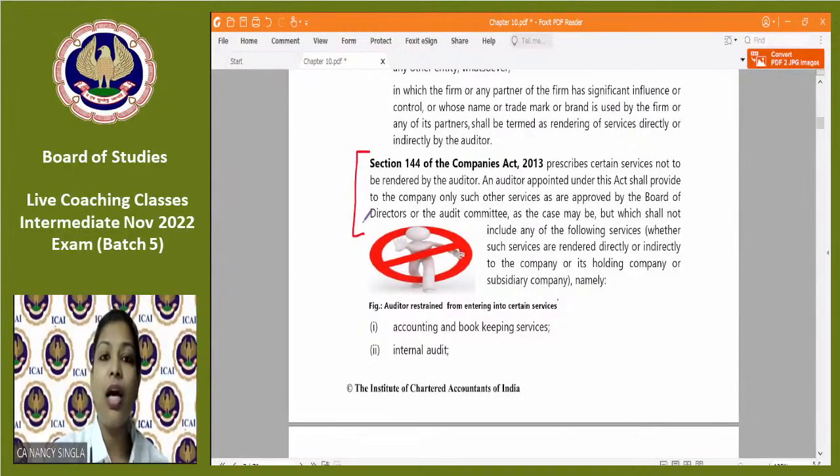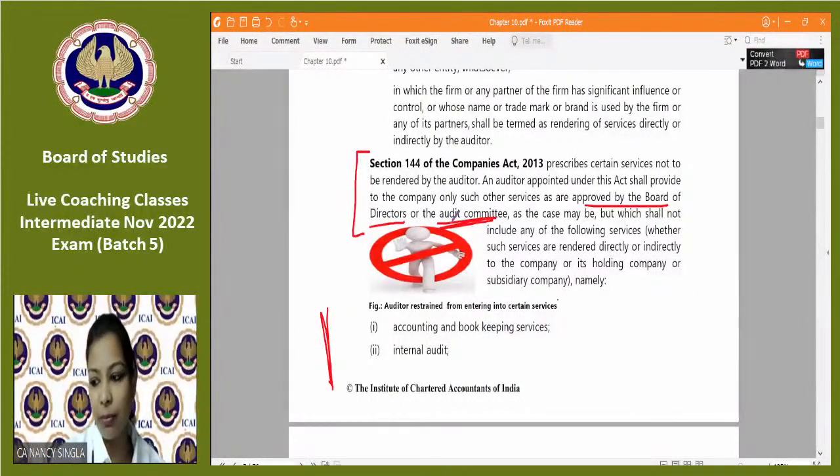अच्छा, एक पॉइंट यहाँ रह गया, इट सेज दैट, देखो प्रोहिबिटेड सर्विसेज तो आपको देना ही नहीं है ऑडिटर को, अगर स्टैट्यूटरी ऑडिट के अलावा भी कोई सर्विस देना है, फॉर एग्जांपल टैक्स ऑडिट, टैक्स ऑडिट यहाँ नहीं है ना, इट इज परमिटेड, ठीक है, तो इट विल बी अप्रूव्ड बाय बोर्ड ऑफ डायरेक्टर्स और ऑडिट कमिटी, ठीक है। तो ऑडिट कमिटी क्या होता है, सेक्शन 177 में हम डिटेल में पढ़ेंगे, अभी के लिए जस्ट ट्राई टू अंडरस्टैंड, अप्रूवल चाहिएगा बोर्ड ऑफ डायरेक्टर का और द ऑडिट कमिटी, ठीक है।